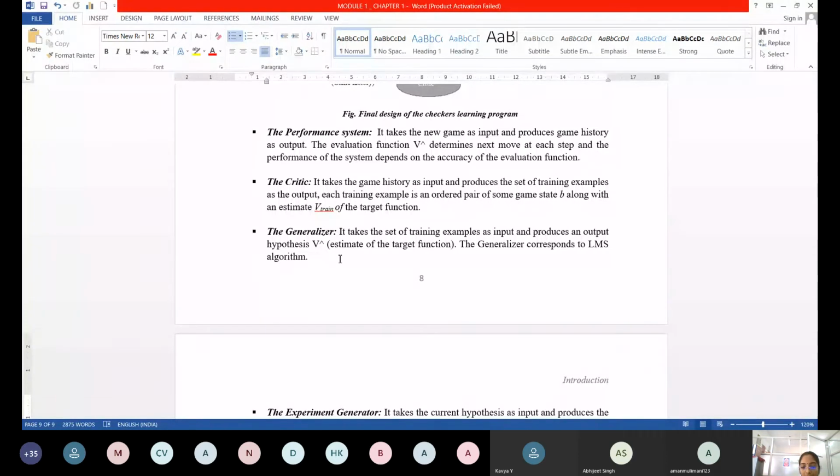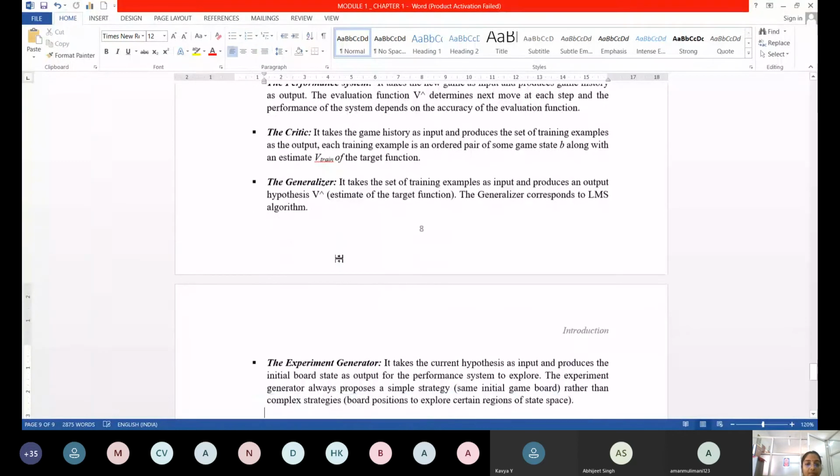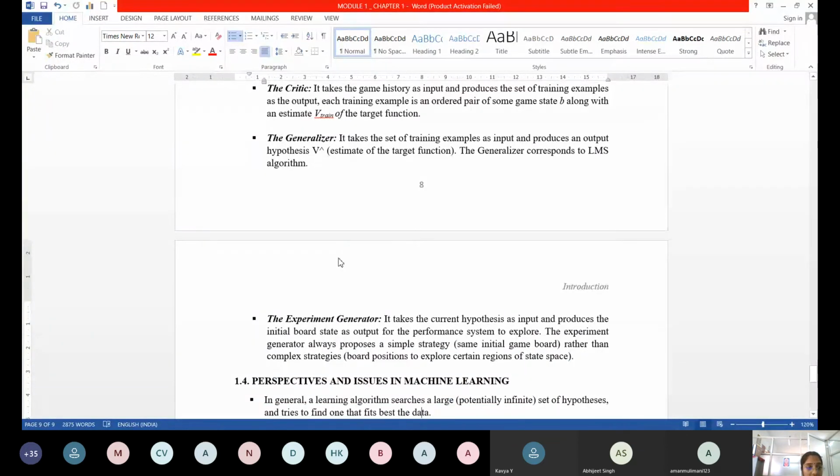and this can be done by the weight updation rule. We have considered a least mean square algorithm to update the weights and then to fix the better target function value, the final value of every board state. I'm not telling the complete accuracy of the system. Every board state, you're going to give a value, a trained value. It needs to be updated.